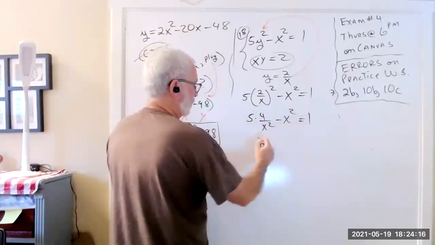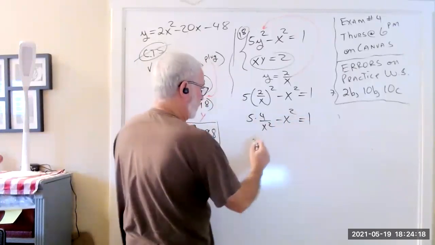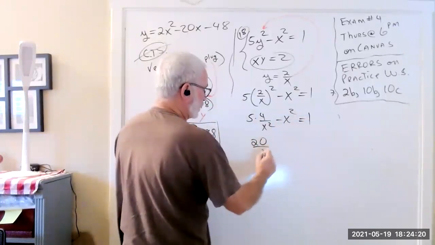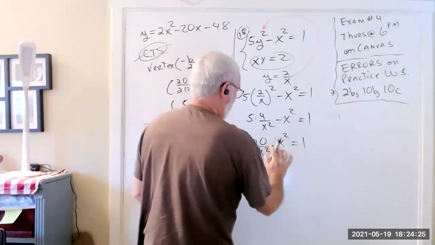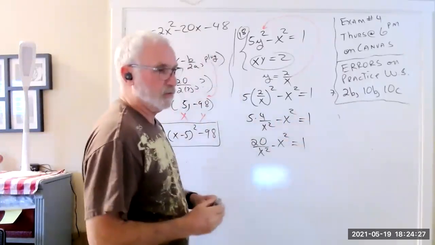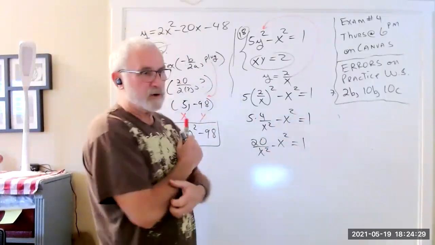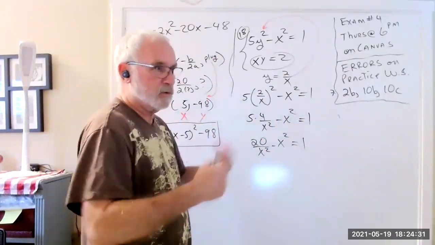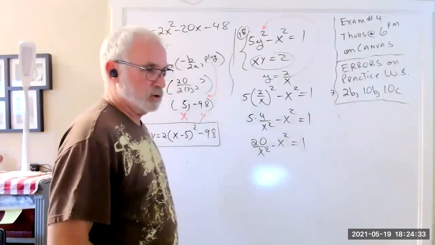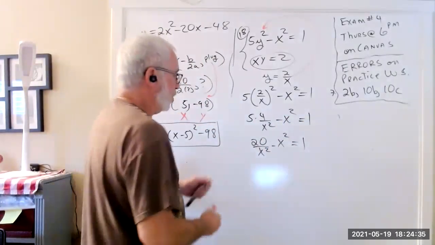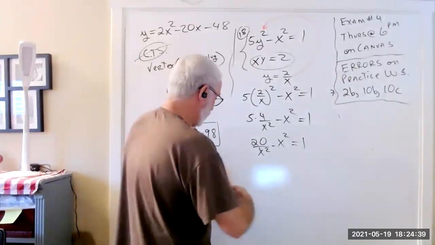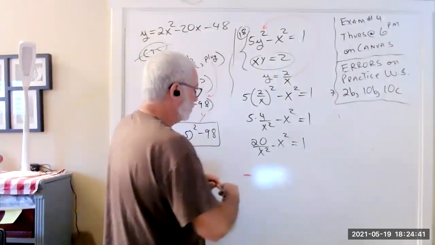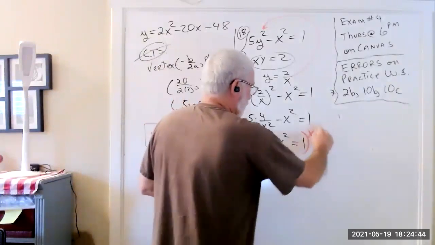I can go down one more. So this is 20 over x squared minus x squared equals 1. All right. Now is where the magic happens. We need to clear fractions. We need to get rid of all of the fractions. So I'm going to multiply by x squared